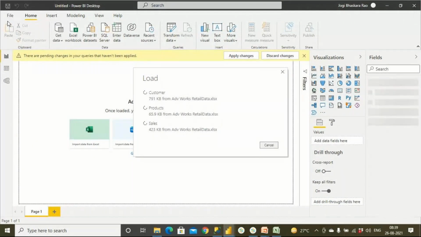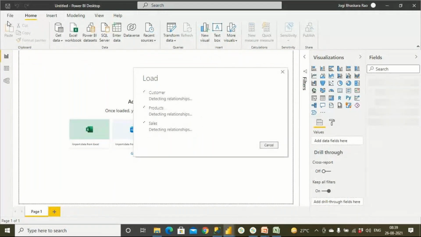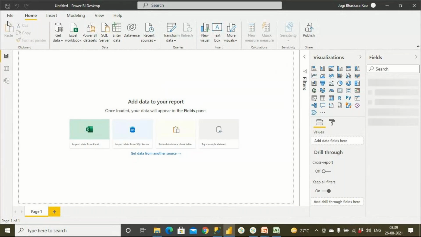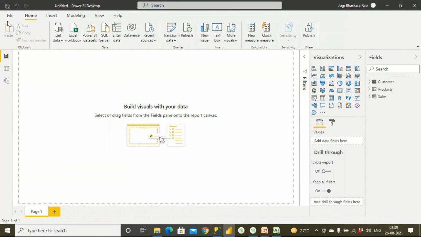There are pending changes in your queries that haven't been applied. We have 60,000 plus rows in the sales table, right? It is megabytes of data, right? So all the data will get loaded into the Power Pivot model, and it will get compressed, and a columnar database is going to be created, which is going to store all the data in the RAM, which is 10 times faster than the normal SQL Server databases. So all these things we discussed, right? So now